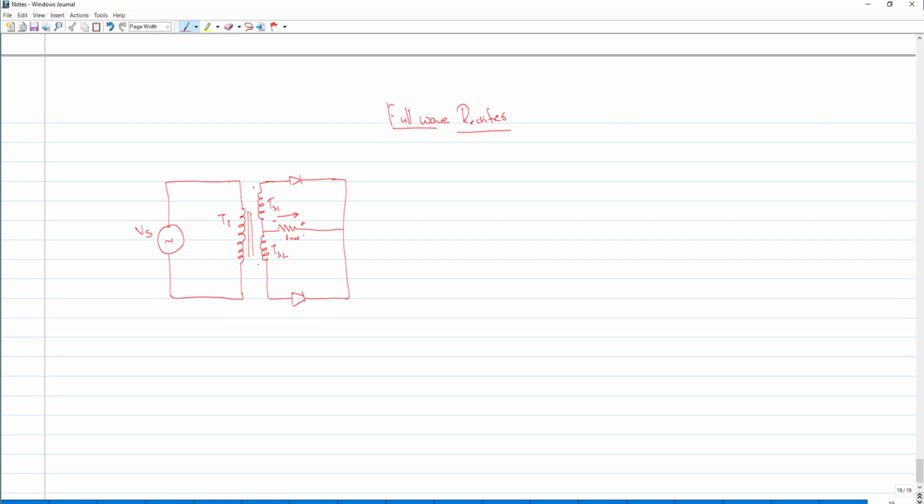Now, let us see how this operation takes place. You know that the sinusoidal representation will be something like this. You will be noting down the sinusoidal waveform, where this axis, the time, is represented in seconds, and this axis is voltage Vs. This one is represented as Vs equal to Vm sin of omega t.